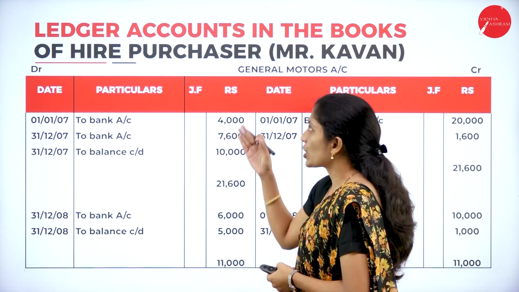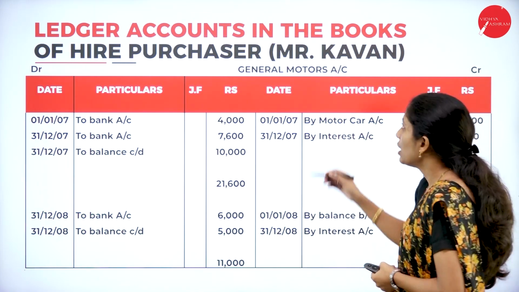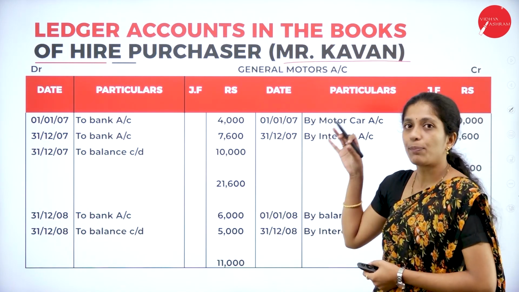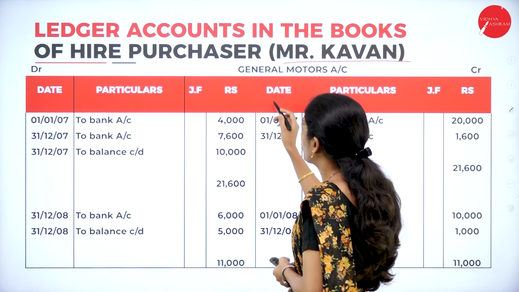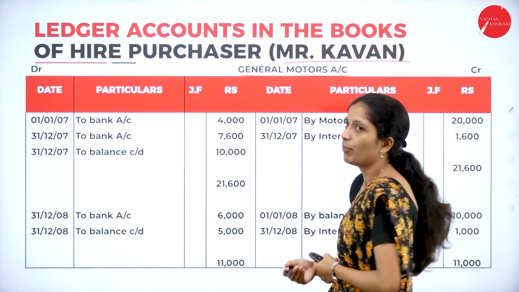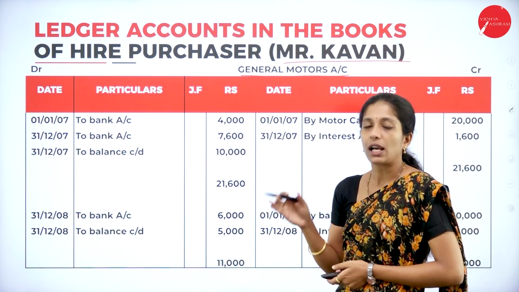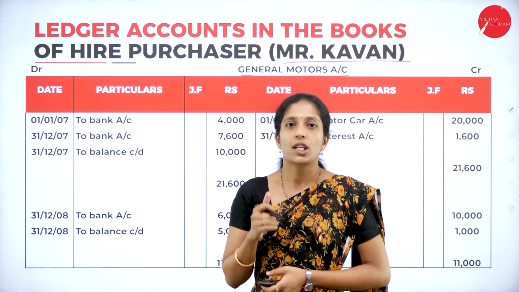As I told you, we are going to prepare ledger accounts in the books of the hire purchaser. Who is the hire purchaser here? That is Mr. Kavan. So in the books of the hire purchaser, we have to prepare the hire seller's account. Now who is the hire seller? General Motors. So we shall prepare the General Motors account. Now if you come to the first year, what are the transactions that have to be recorded first? The first one is for